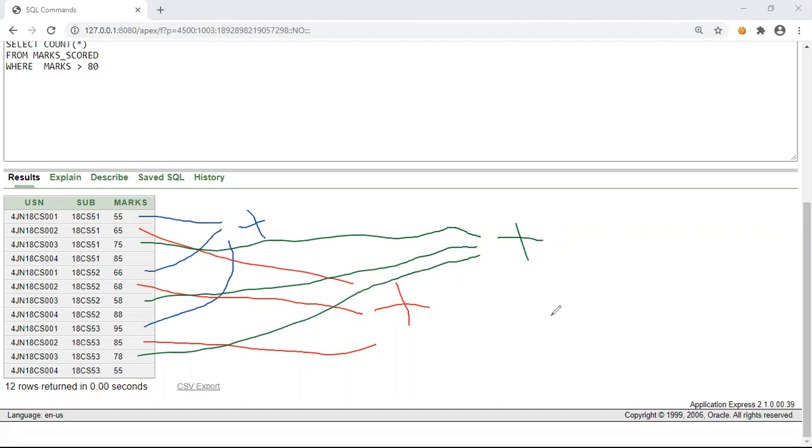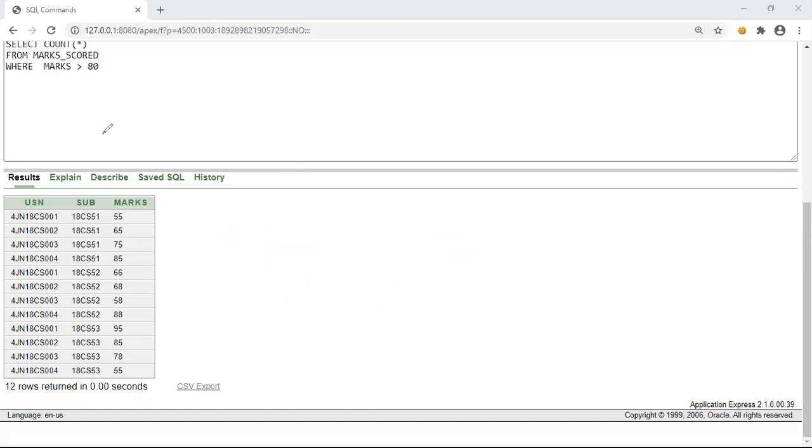So which means before performing the aggregate operation, that is sum, we have to group the students. The grouping is based on the USN. So if USN is same, then one group will be created. And on that particular group, we will be applying the aggregate functions.